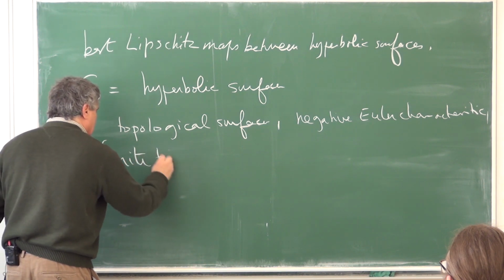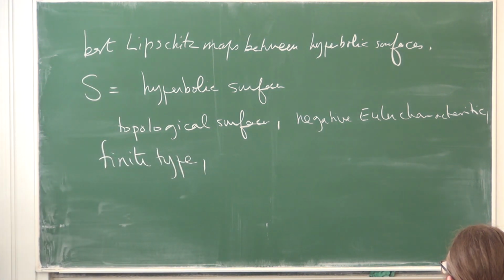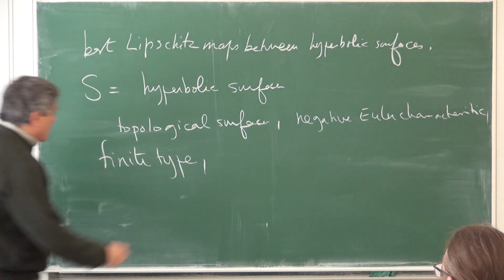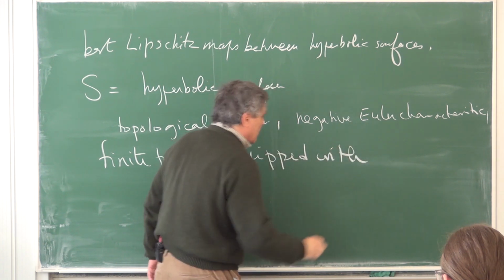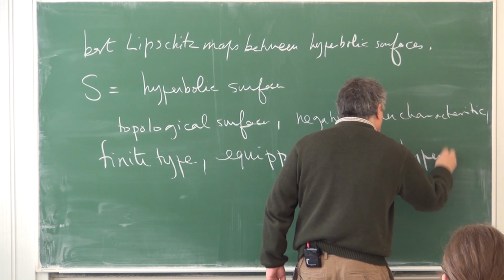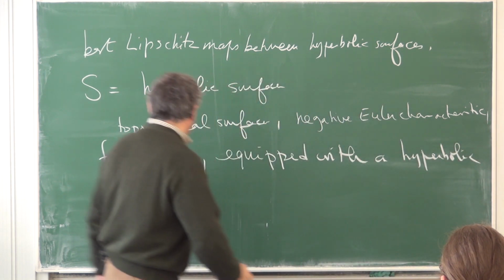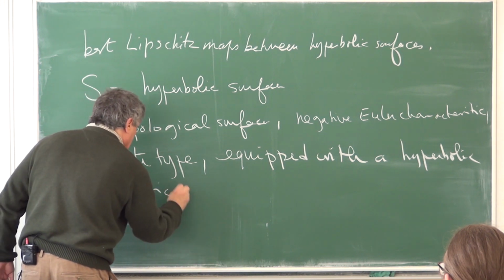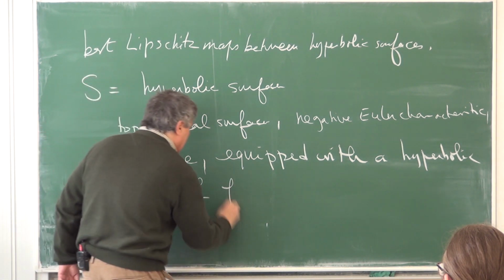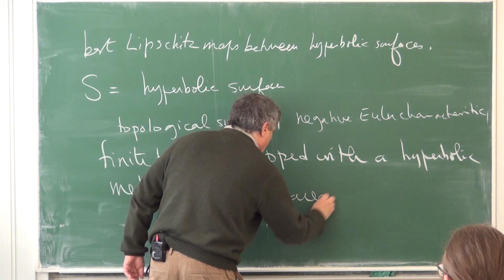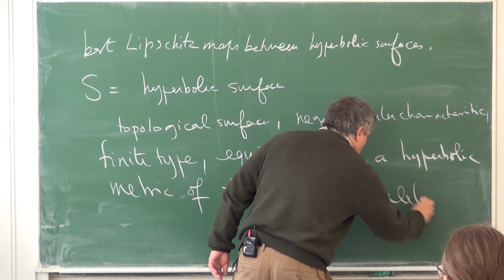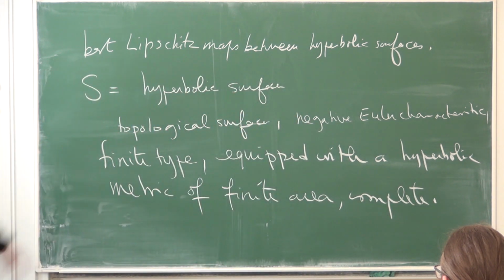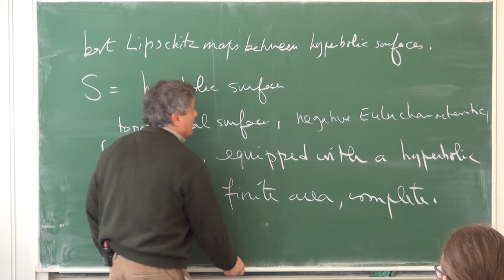Of finite topological type, meaning that the fundamental group is finitely generated, and then it is equipped with a hyperbolic metric of finite area, and say complete and finite area. So this gives me